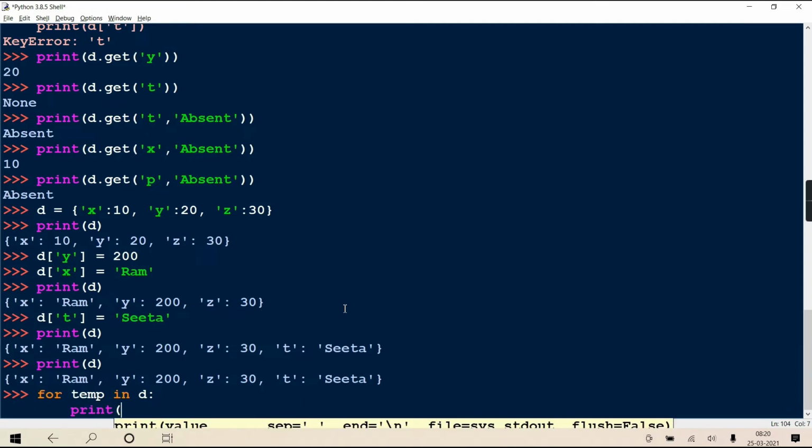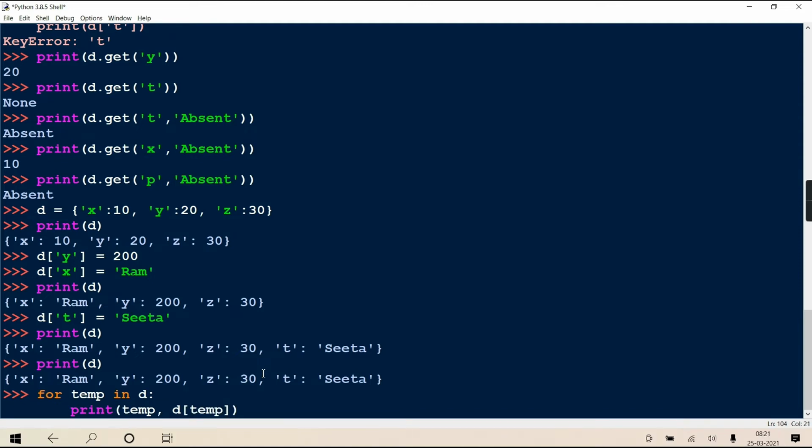So it is going to fetch the keys one by one from the dictionary, and they come in temp, like x, then y, then z, then t. Suppose I write print temp, comma, d of temp. So it will print the key and the value of it.